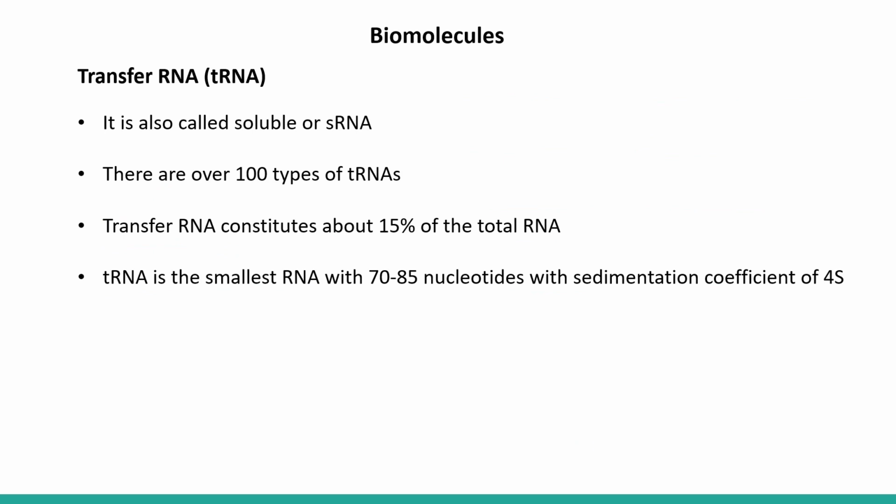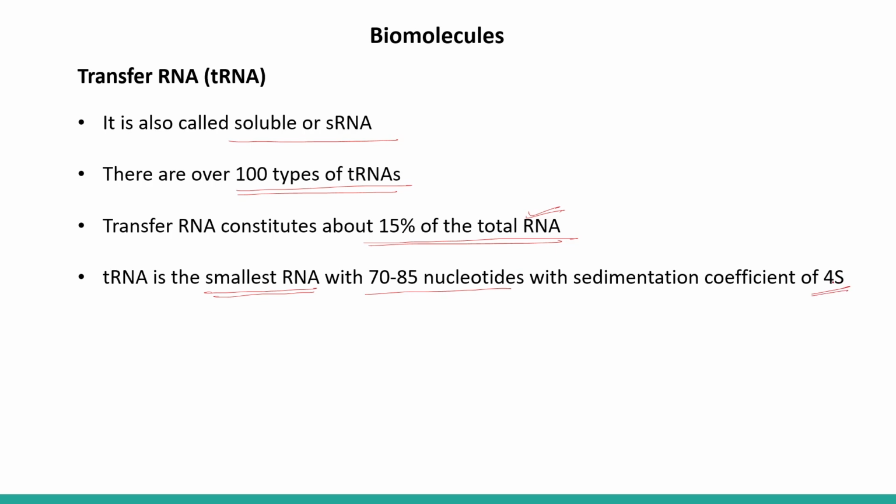Now comes the third type of RNA, transfer RNA. This is the smallest one and is also called soluble RNA or sRNA. There are over 100 types of transfer RNAs and this is only 15% of the total RNA present. So transfer RNA constitutes about 15% of the total RNA. So the major one is ribosomal RNA. Transfer RNA is the smallest RNA and is made up of just 70 to 85 nucleotides with the sedimentation coefficient of